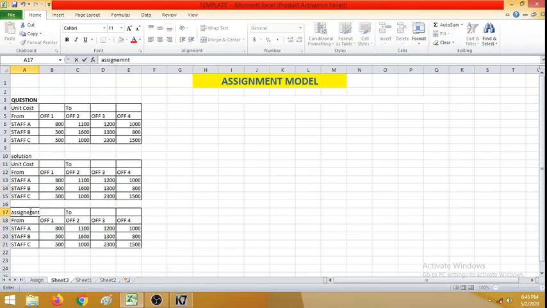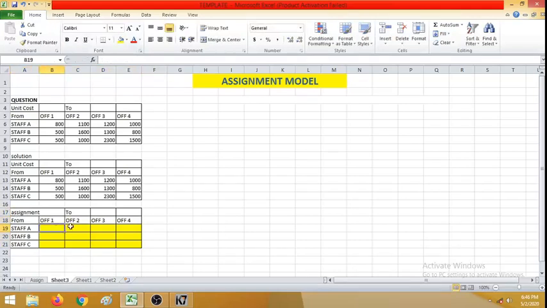In this assignment matrix, you see there are actually 12 variables, right? So I will just highlight it. Okay, so there are 12 variables.